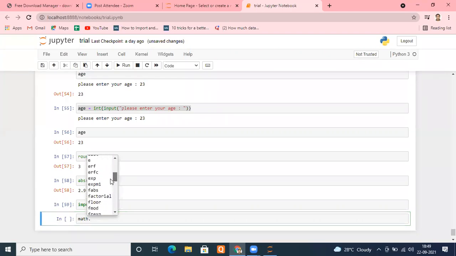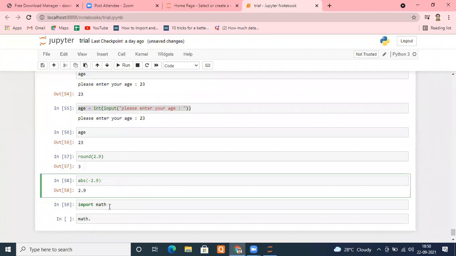And see. How many mathematical functions are at your disposal now? Can you check? Sine, tan, square root, even more. Log 10, factorial, exponential, cosh, the hyperbolic cosine, hyperbolic sine. Everything is there. Most of the mathematical functions are there. So those who want to work in the research field and want to compute some mathematical formula in that scenario, this math module is going to help you.